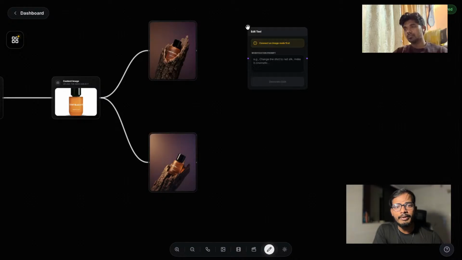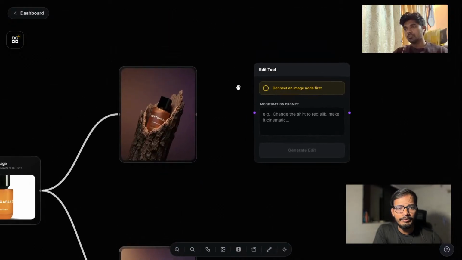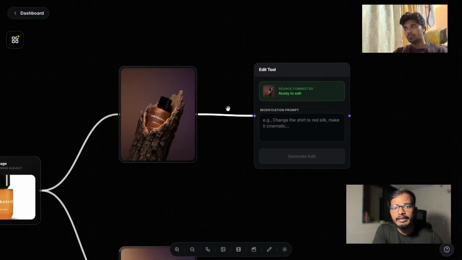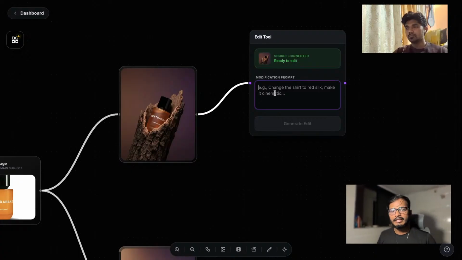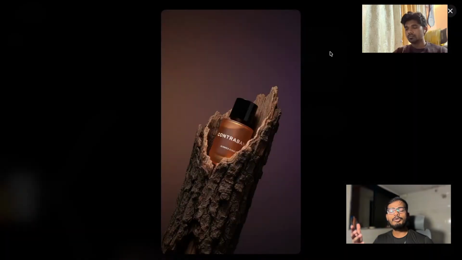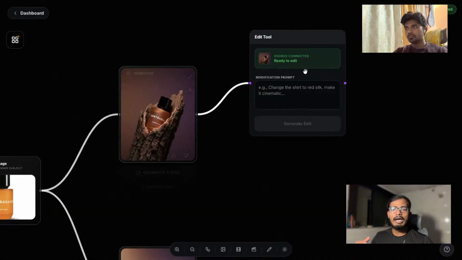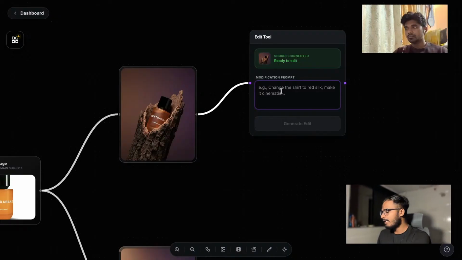This tool gives you the leverage of editing any image by connecting it via a node. Once you have connected any image on the playground, you can edit it, and the AI doesn't hallucinate or drift. It's so powerful and trained that you just have to describe what you want, and the image is always consistent. Let's say, for example, I want this image to have a snowy effect, like there should be snow on the log and snow on the bottle. So I would just type here in very simple layman language,